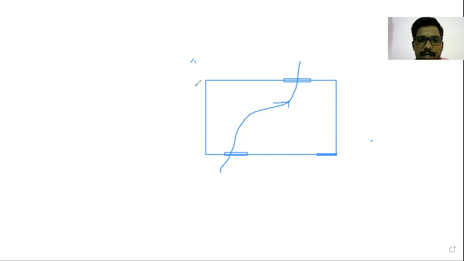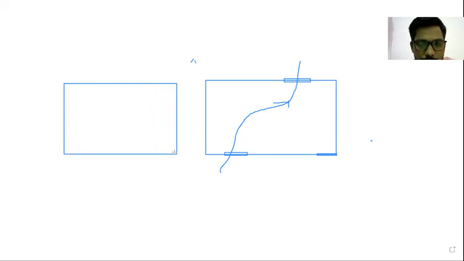Okay, and previously I told one thing, that whatever opening is there, we have to provide the opening in a proper way. Suppose this is the living room, and here another rooms or units are there to this side, then we have to provide the access to these units. So we have to provide the opening to this side, or here also you can provide the opening.